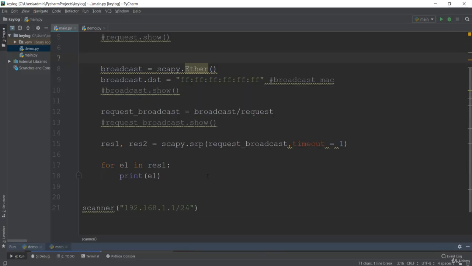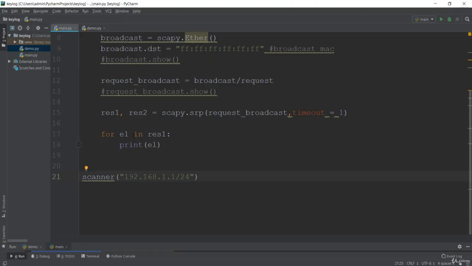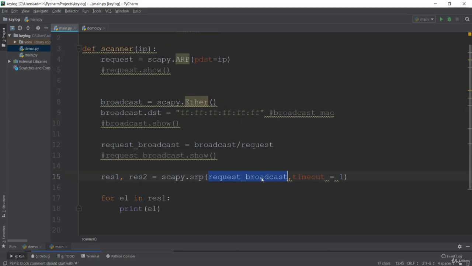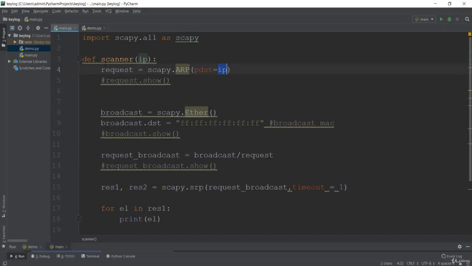So you could see the clear code over here, that is we are getting the response from this SRP, and that is on the timeout 1. We are just sending this packet of request broadcast. Just remember that PDST was to show the IP address. This is important, and basically we made this ARP request